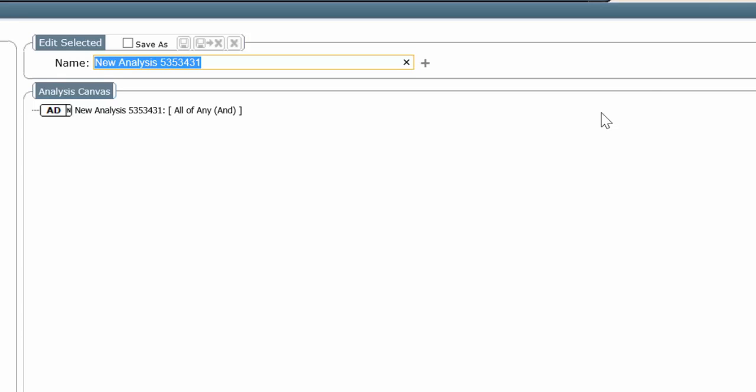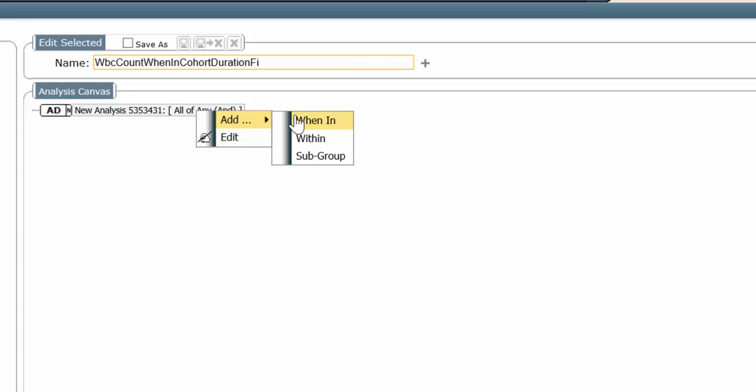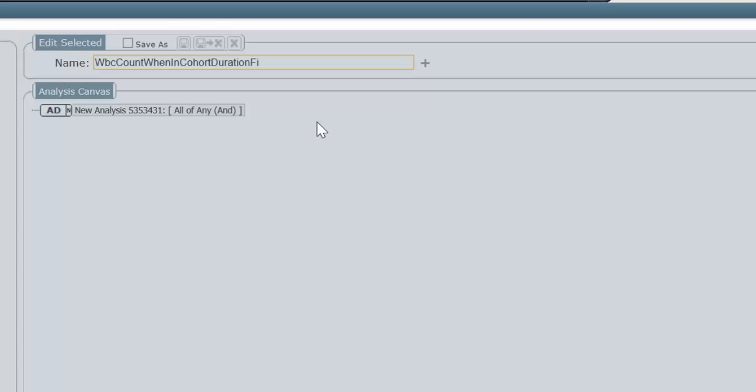We're going to call the first one WBC count when in cohort duration, earliest. First, because it's the first white count during the hospitalization. When in,